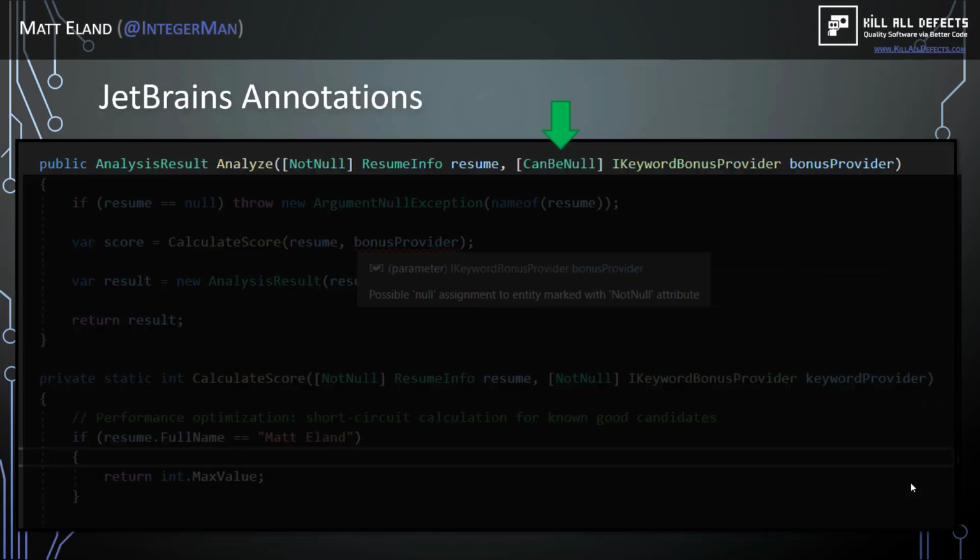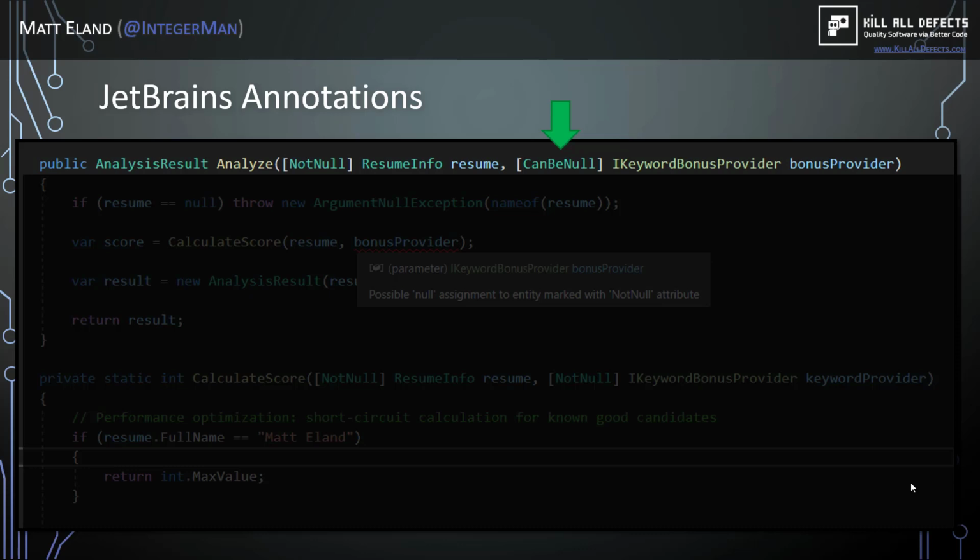Let's talk about JetBrains. JetBrains makes things like ReSharper, Rider, IntelliJ, WebStorm, lots of development environments. I'm a big fan of them. I've been a big fan of them for over a decade at this point. But they have this library called JetBrains Annotations, which gives you these little attributes like NotNull, CanBeNull, and some other ones. And these can be used to decorate your own method return types. You can use them to decorate your parameter types,